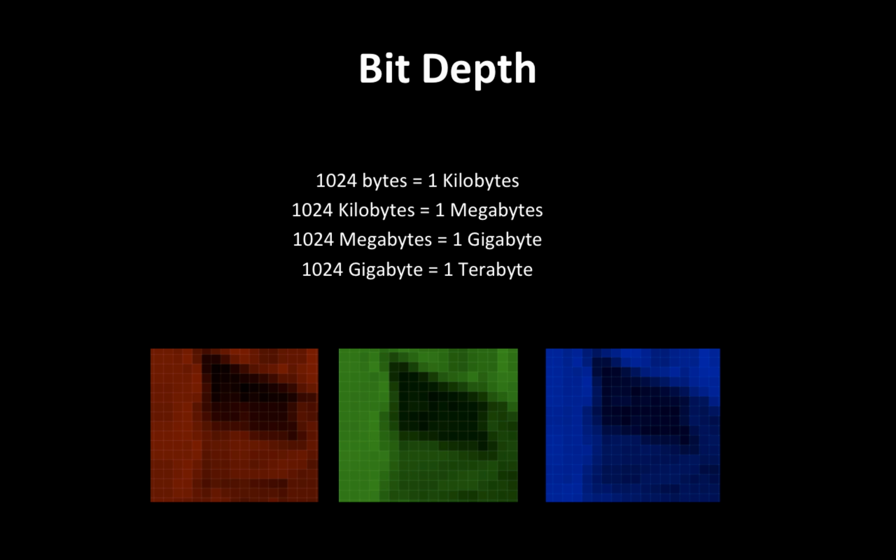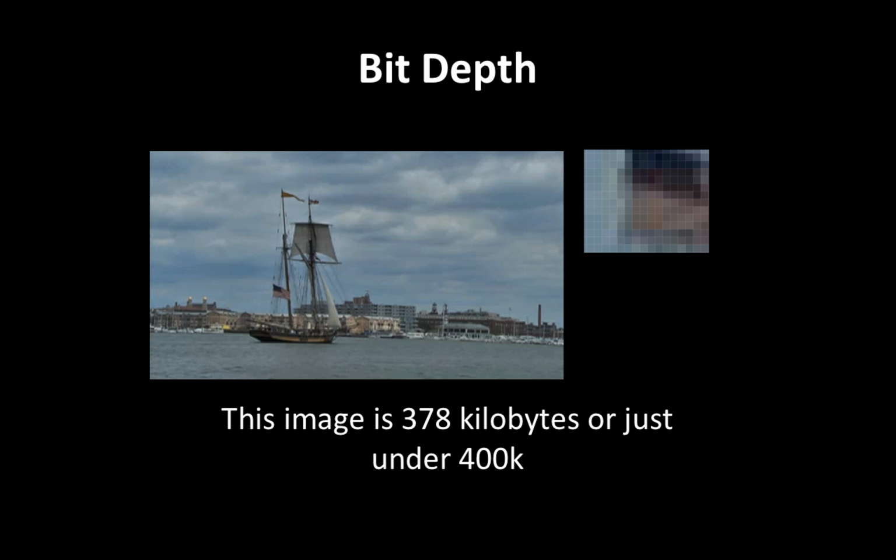When we look at bits, each bit that's on or off, or a string of 8 bits, is 1024 bytes. And 1024 bytes is called 1 kilobyte. And 1024 kilobytes is called 1 megabyte. And approximately 1,000 megabytes is called a gigabyte, and so on, to a terabyte, a petabyte. Another thing that will affect